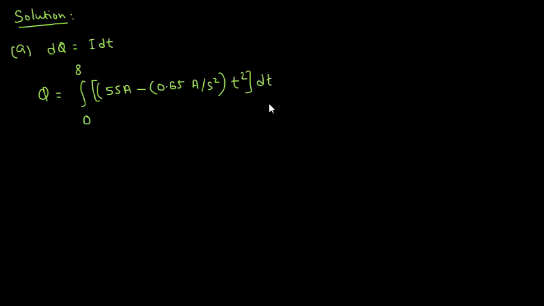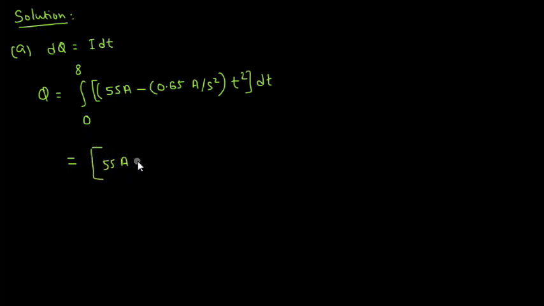So instead of dq we have put the value here, and the time interval is put as the lower and upper limit. So upon integrating we got